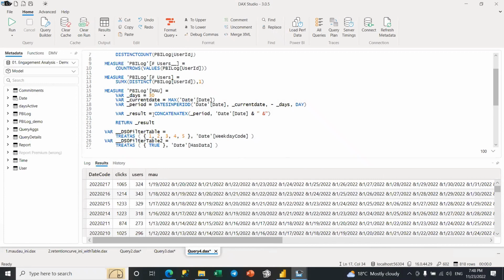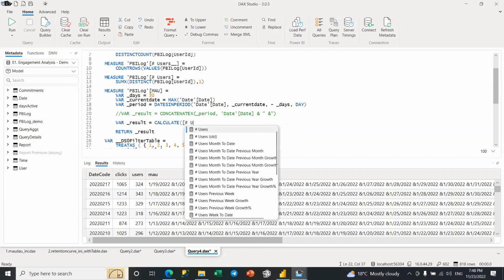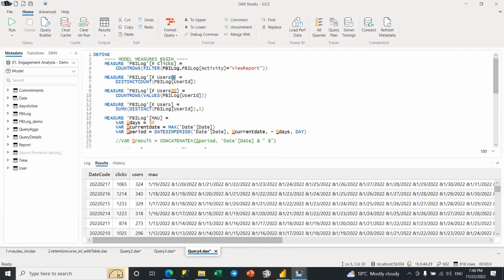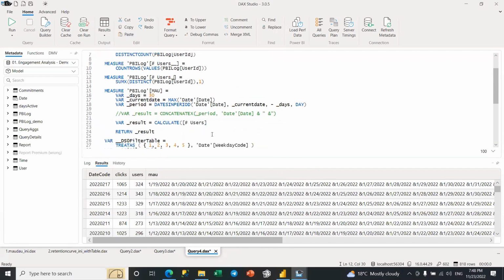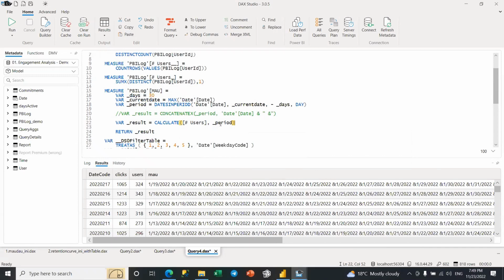So now that we know that this is working, what we just need to do is to get our calculate of our KPI that we have built on top, which is the users. Let me just use the first one, users. And we are going to modify the filter context by setting period, sending this table as a filter for the user KPI. So if I run this,